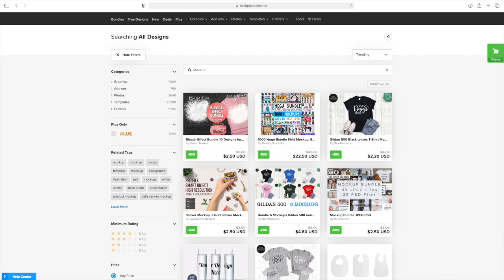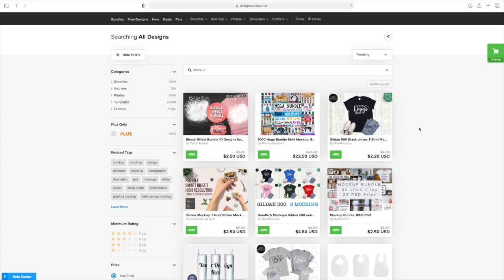All right, so over here on designbundles.net, all you have to simply do is type in mockup, or you may look up specifically because there's mockups for t-shirts, tumblers, you name it, it's there. Mockups for stickers. So as you can see here, maybe you want a super cute design like this where it's a t-shirt in jeans and shoes. You could put these on Instagram. You may use them for your little Etsy stores, your Facebook page, social media, however you want to.